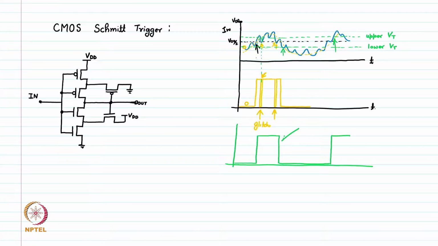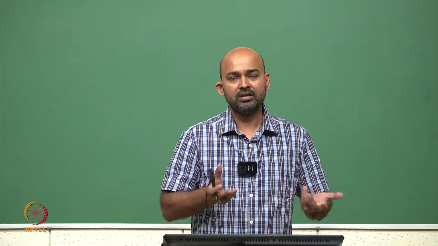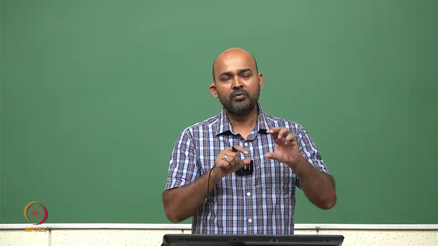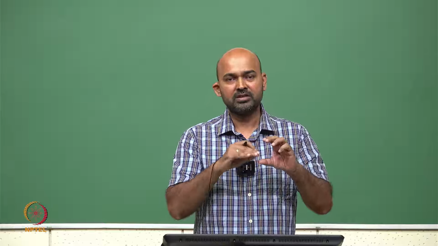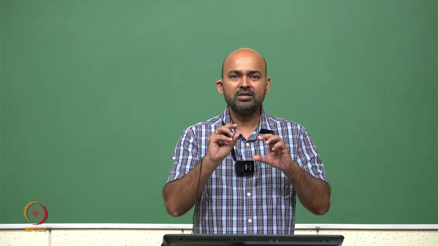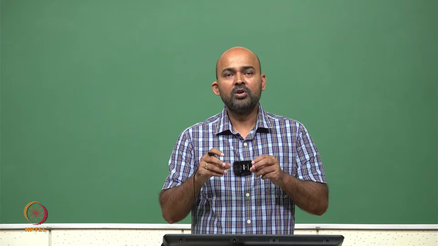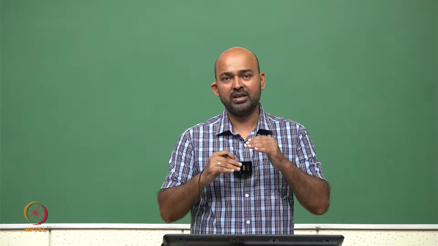This is how a Schmitt trigger actually handles the noise, because the outside environment is full of noise. Noise can come in all the signals. However, the magnitude of this noise is small compared to the full swing of the signal, let us say 0 to 5 volt. Noise is in a few millivolts. So, this few millivolt noise can create problems in the case of an inverter if we feed it directly to the inverter. However, if we have a Schmitt trigger which has two different thresholds, VIH and VIL levels,